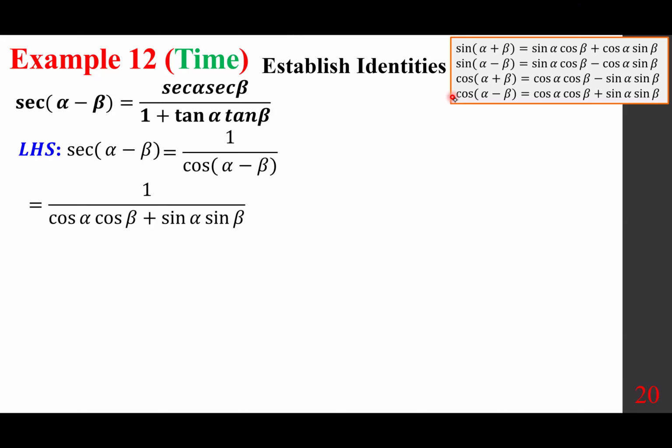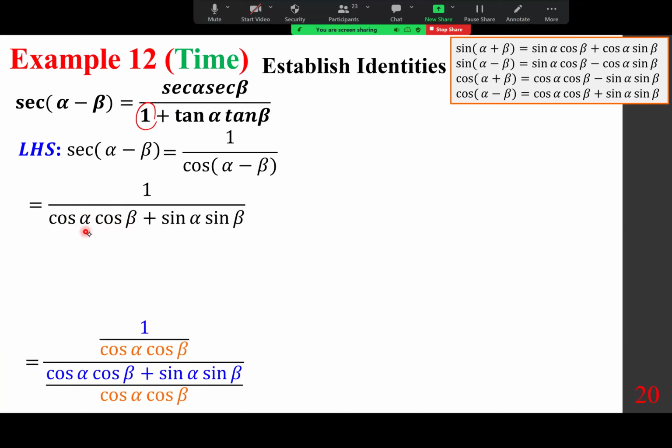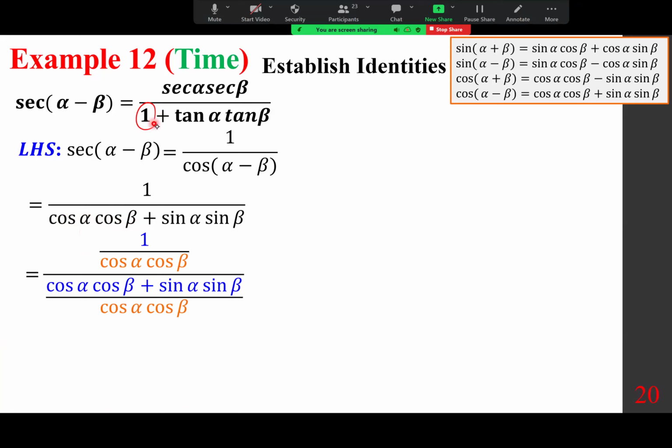What do we do next? We notice this is 1. So somehow we want this one to be 1. Take a look. If this was 1, that would be good. So how do you make this 1? You can't just divide this one, you have to divide everything by that. Let's do that. So again, how do you know this is the method? Look at what you are trying to establish. You are trying to get 1. And so